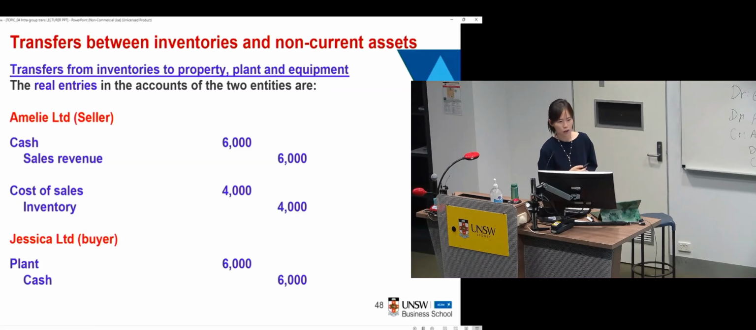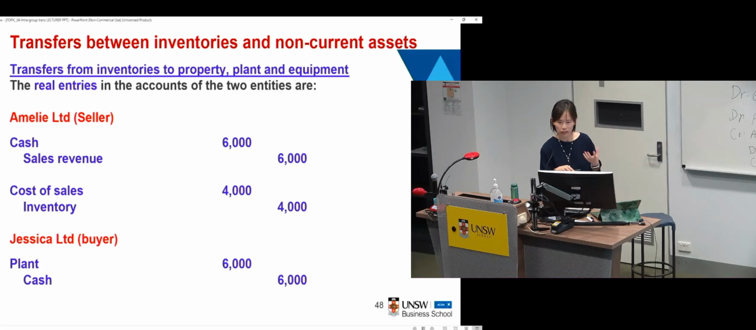What should be eliminated in your worksheet? The intragroup sales revenue, right? The intragroup cost of sale. Which asset accounts should be adjusted in the worksheet? Tell me, inventory or plant? Which asset account is currently need to be adjusted, inventory or plant? Not both. Plant, right? Because the item is recognized by Jessica as a plant,